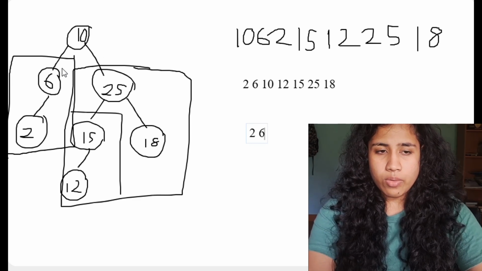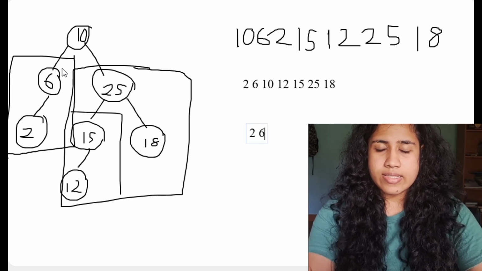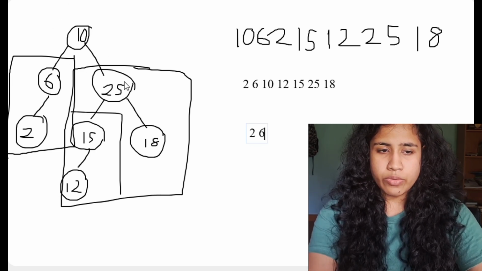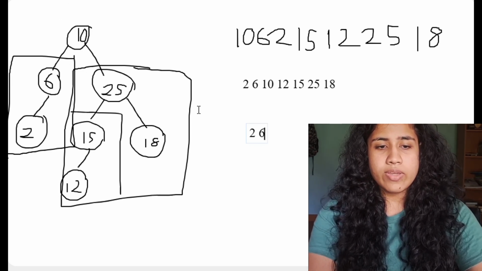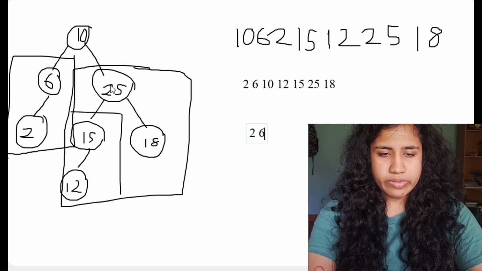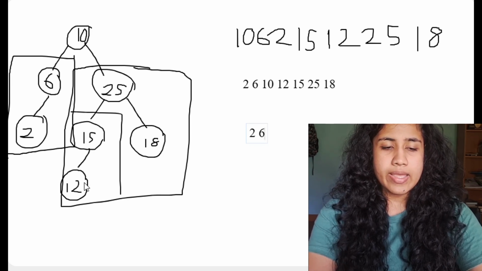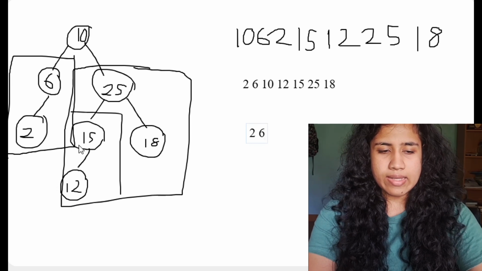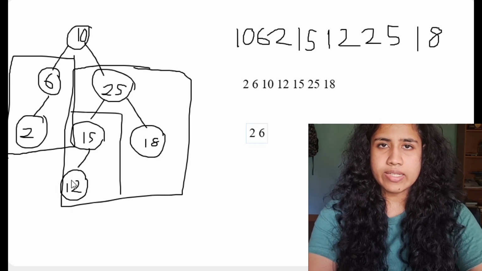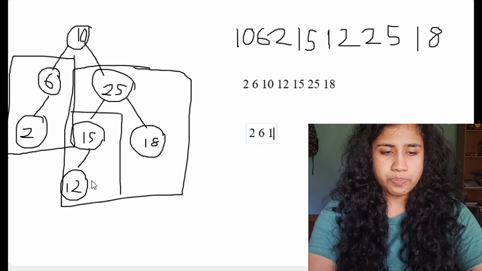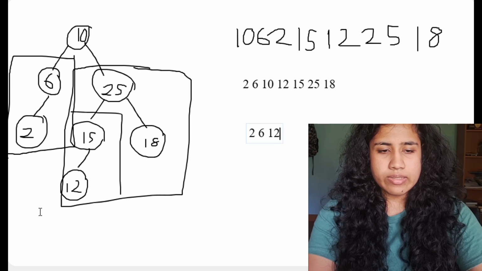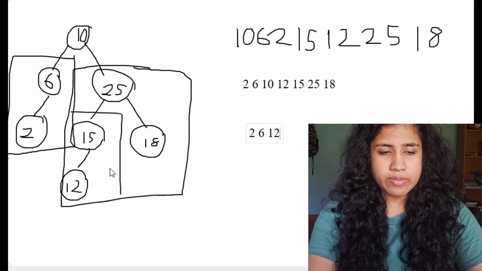So now, since it's left child, right child, and then the root node, instead of going to here, we go to this right subtree. So now we'll start with 25. It's a root node since 15 and 18 exist. Then it goes to 12, and we check whether it's the leftmost child. So 12 is the leftmost, and also here in this small subtree it doesn't have a left child, so